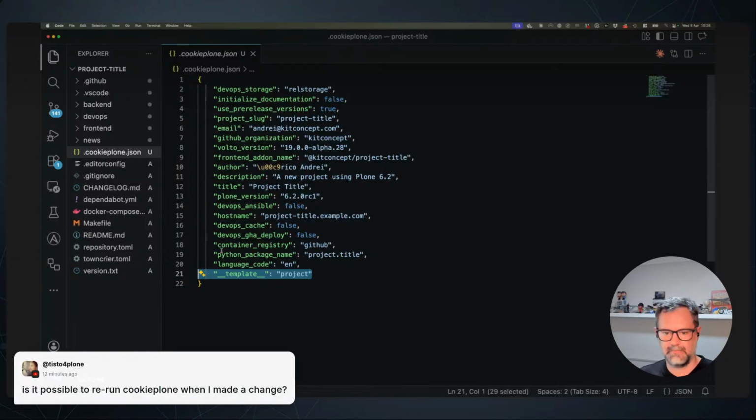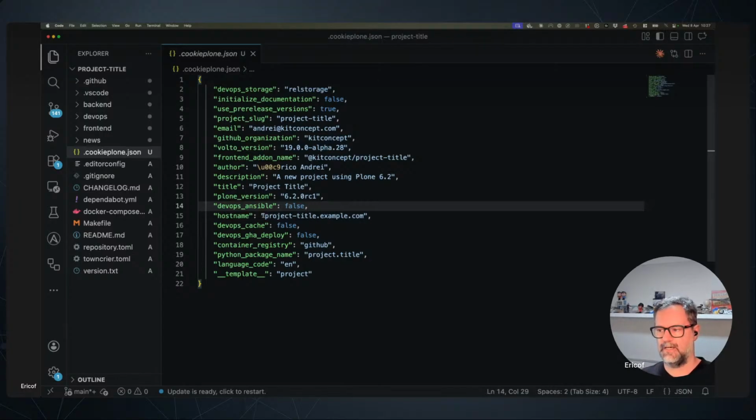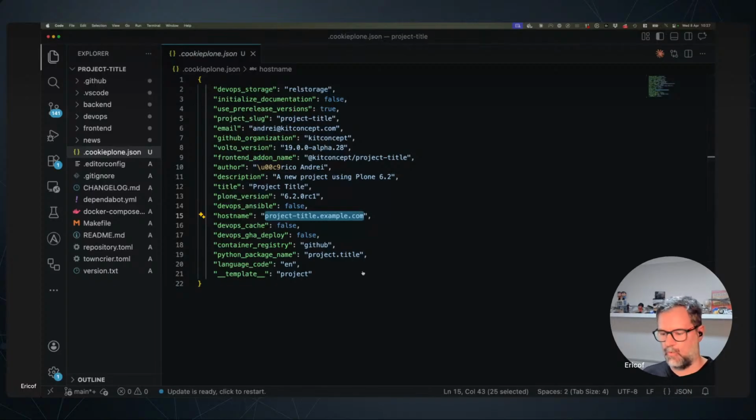And it seems we have a question. Oh, yes, it is possible. And I'm going to show you. Right now, again, there are two important things. We did not implement the easy way to get everything in place, like the nice diff and so on. There's an issue for that. But imagine I want to rerun this, but this host name needs to be something else. Okay? What I'm going to do is change here to, let me see,